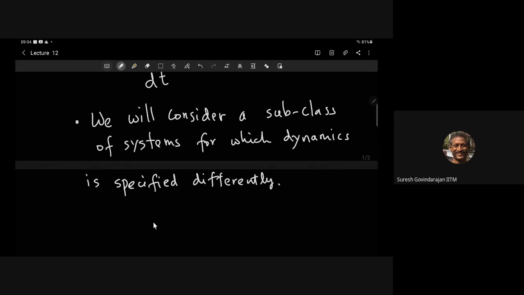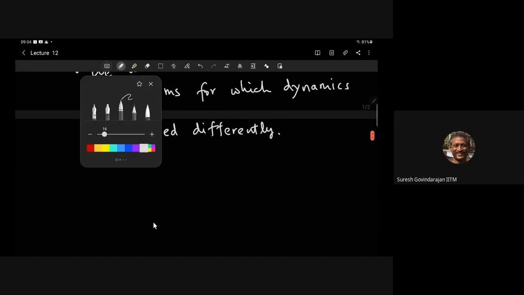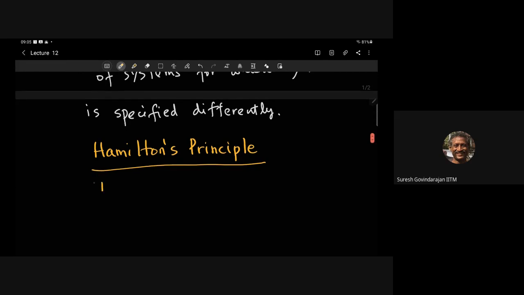Okay, and so here the principle is called Hamilton's principle. Okay, so the system evolves in time